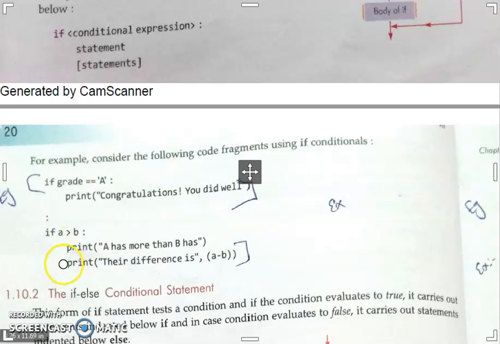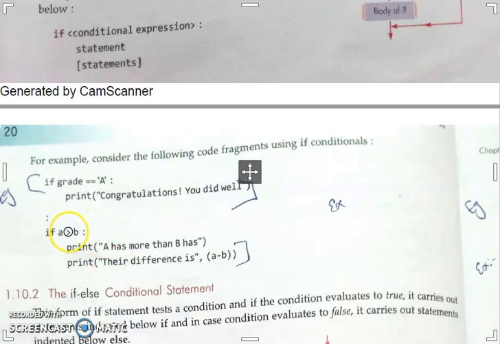Indentation is nothing but space. These are within this if statement. So if the condition is true, the two statements will be executed.